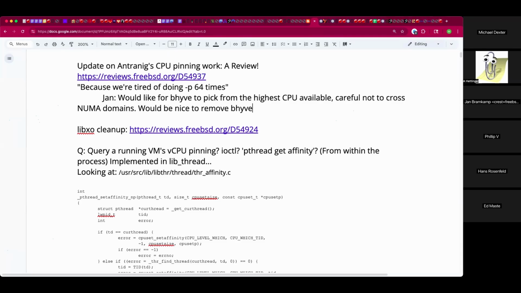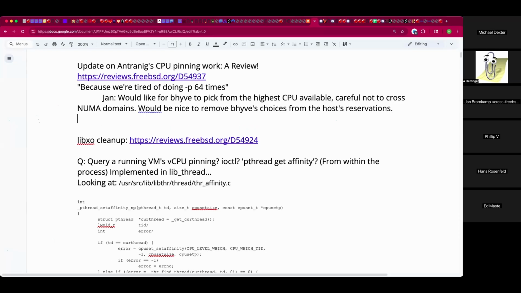Mm-hmm. Yeah, that would make it a lot less noisy. Of course, that is only for the vCPU threads. It does not affect the mevent thread and the driver threads for VirtIO devices and so on. Is that a super straightforward bit of intelligence, or would it be a pretty complex algorithm like the mythical ARC management tool that anticipates VM launch and all that, where we could never quite come up with an idea of what that should look like? No, it's not that complicated. The answer is no, it shouldn't be too crazy.